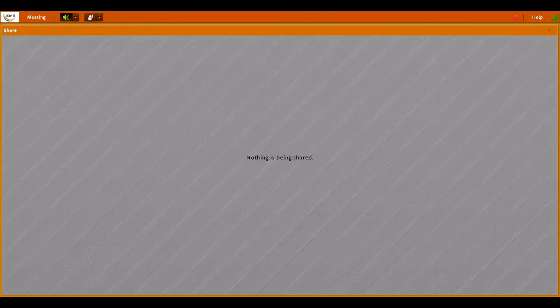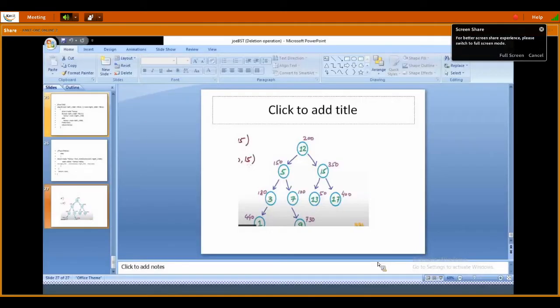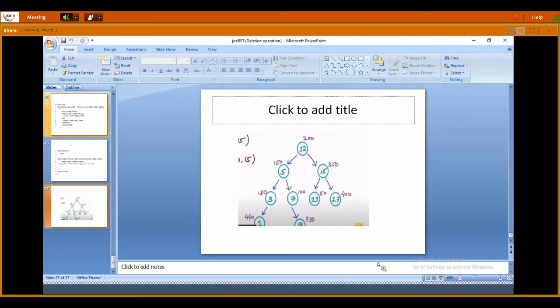Moving to the left part means the root node contains the address of the left node. The left pointer will store the address of 150, and the right child pointer will store the address of 350. So we are moving to the left part.